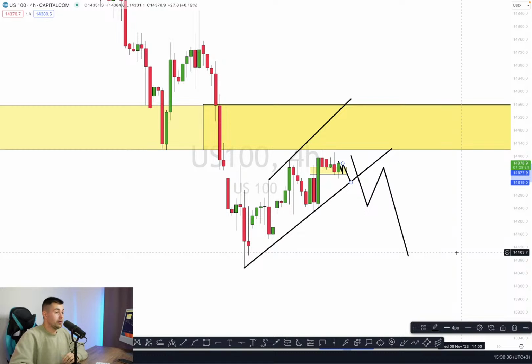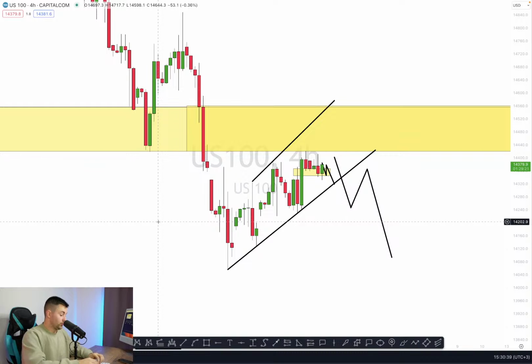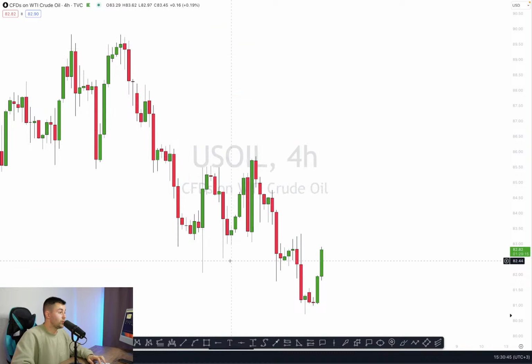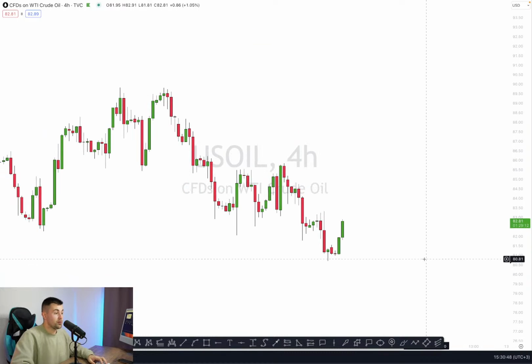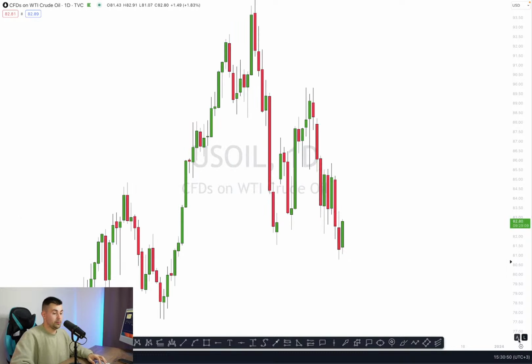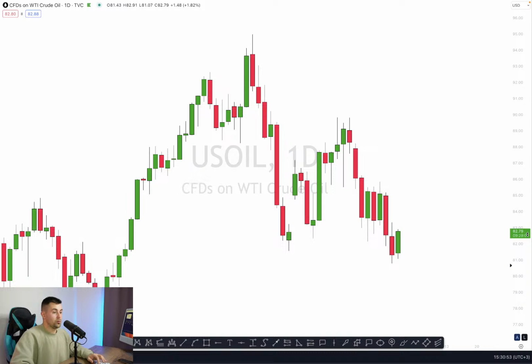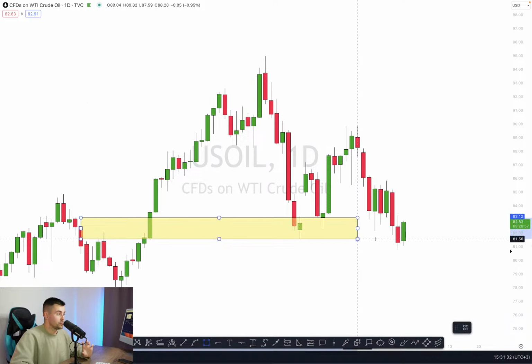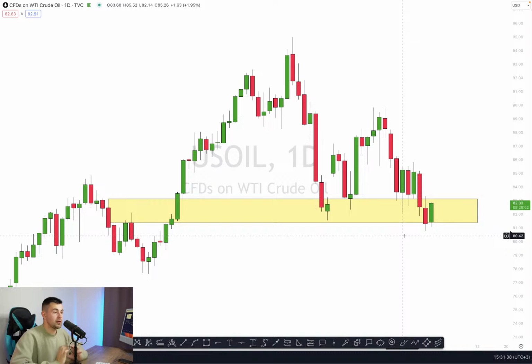Now let's check WTI crude oil. Let's check WTI crude oil, US oil, and let me share with you my thoughts about this one, because this one looks very, very tricky. If we open a daily time frame, you can see that on a daily, WTI crude oil kind of violated a very important structure cluster. Take a look, traders. We got here that major structure cluster. We have a very significant zone of demand right here. And take a look what happened with the market yesterday. We kind of set a new lower low, lower close.